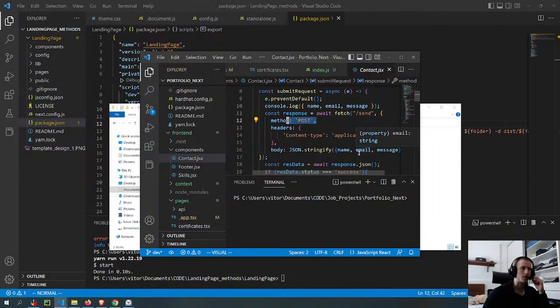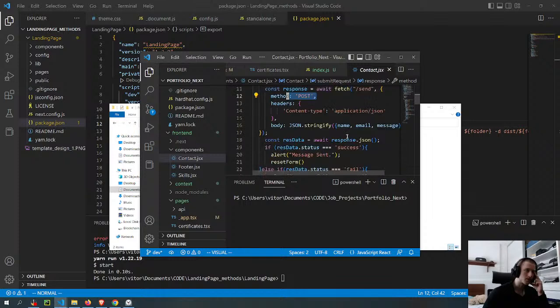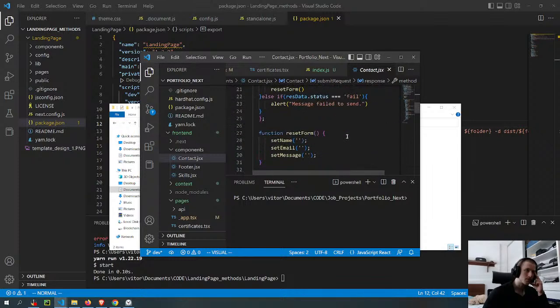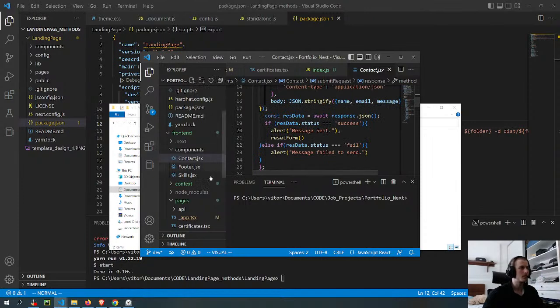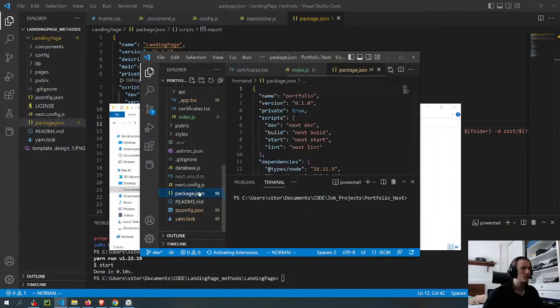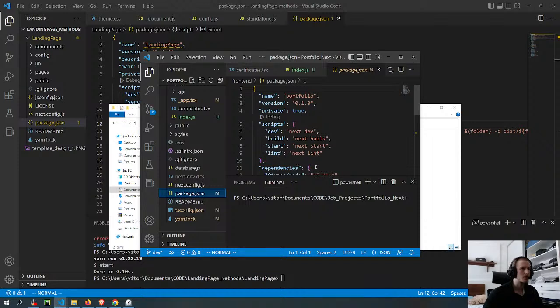And then I build something on Node.js, and the Node.js code is actually the one that does the request, I think. Oh, it is next start.